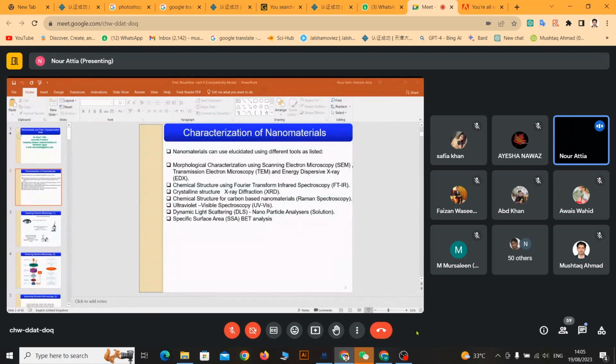Ultraviolet visible spectroscopy, then dynamic light scattering for nanoparticle solutions, meaning when you go for biological applications, you have to use it because it gives information about the colloidal stability of nanoparticles. Because I told you before, if you are going to prepare one inorganic nanomaterial for biological application, at least you need stability for 3 days,